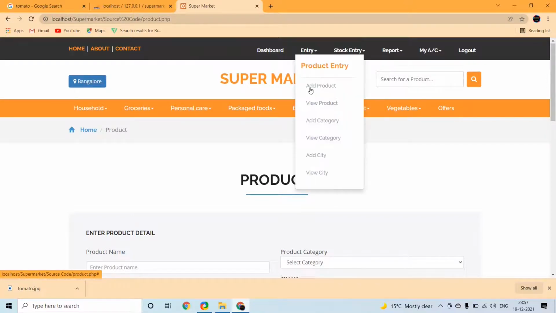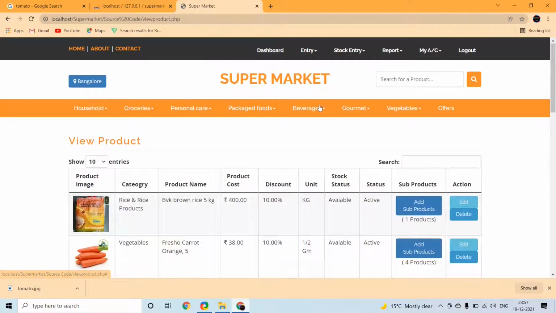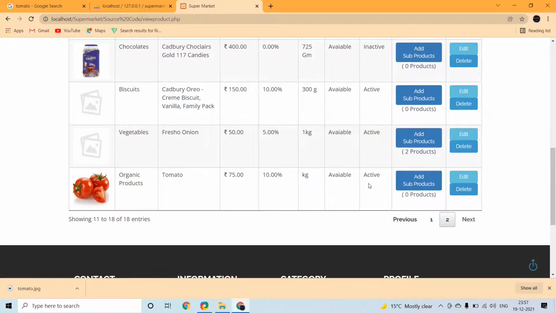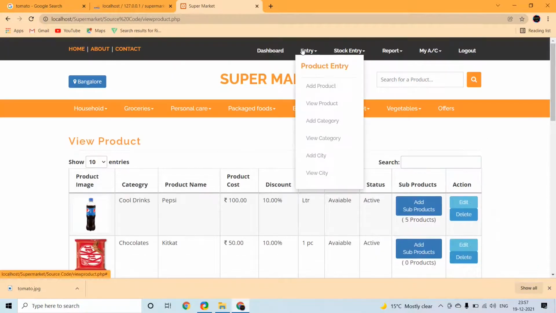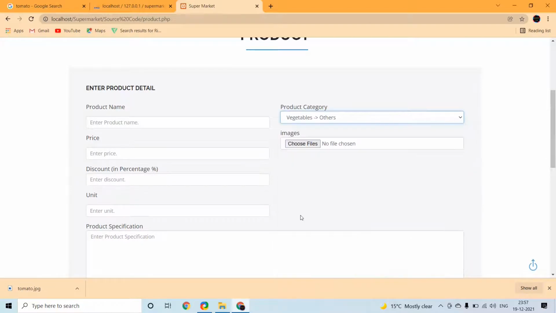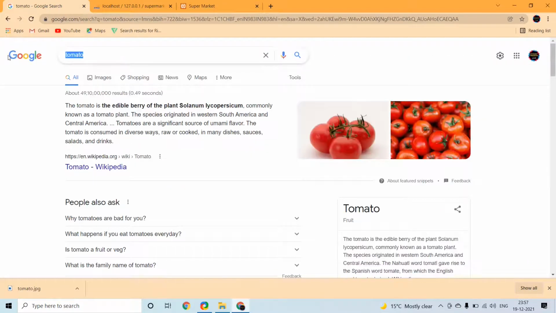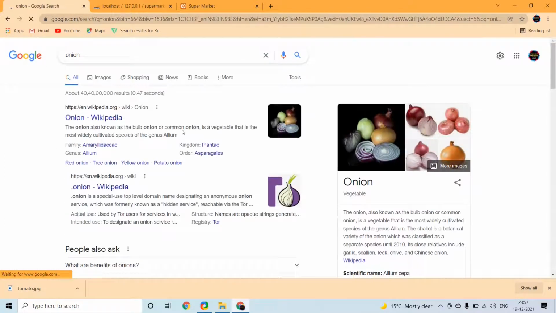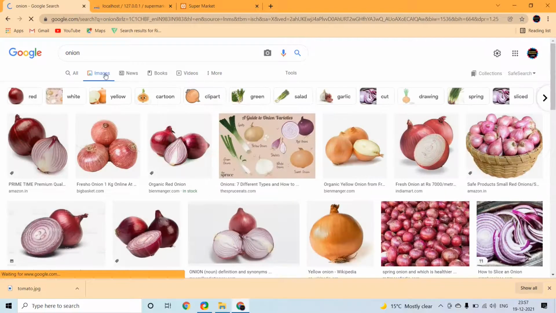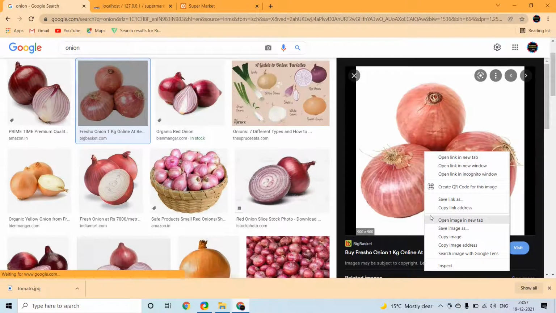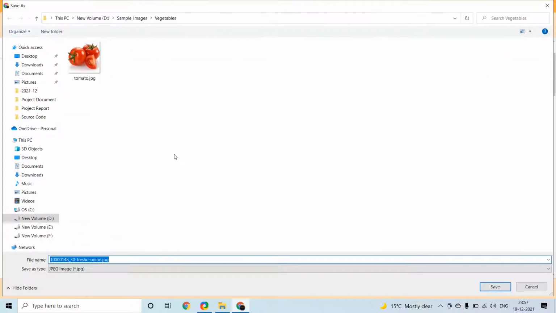Add product, we can see we added the product of tomato in the list. Now we will search onion. It's a dummy account to show how our project works and how we can add our product to our list.